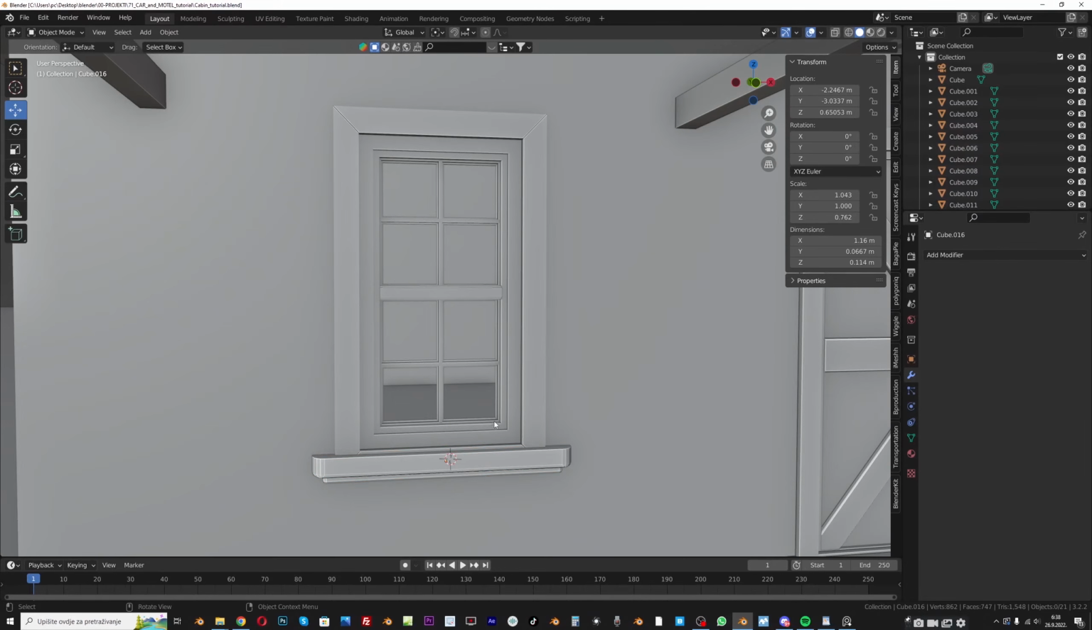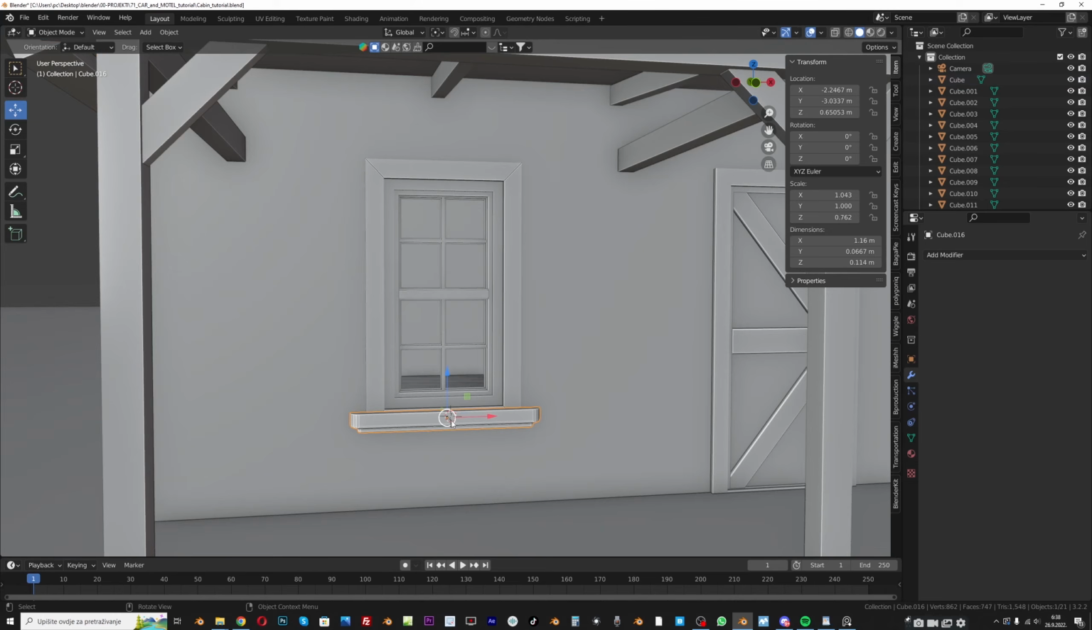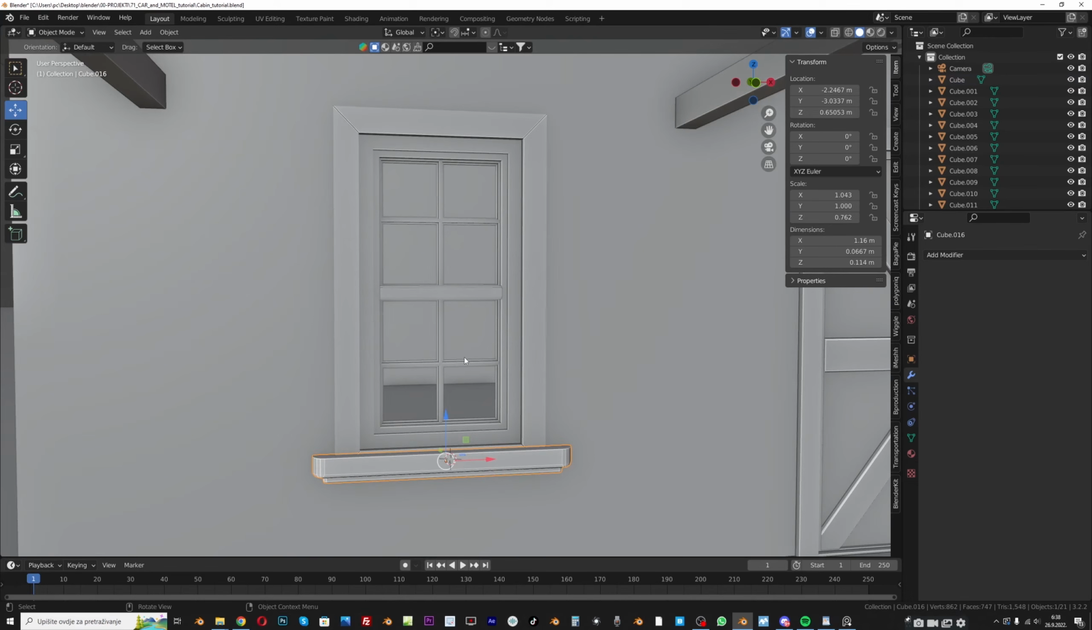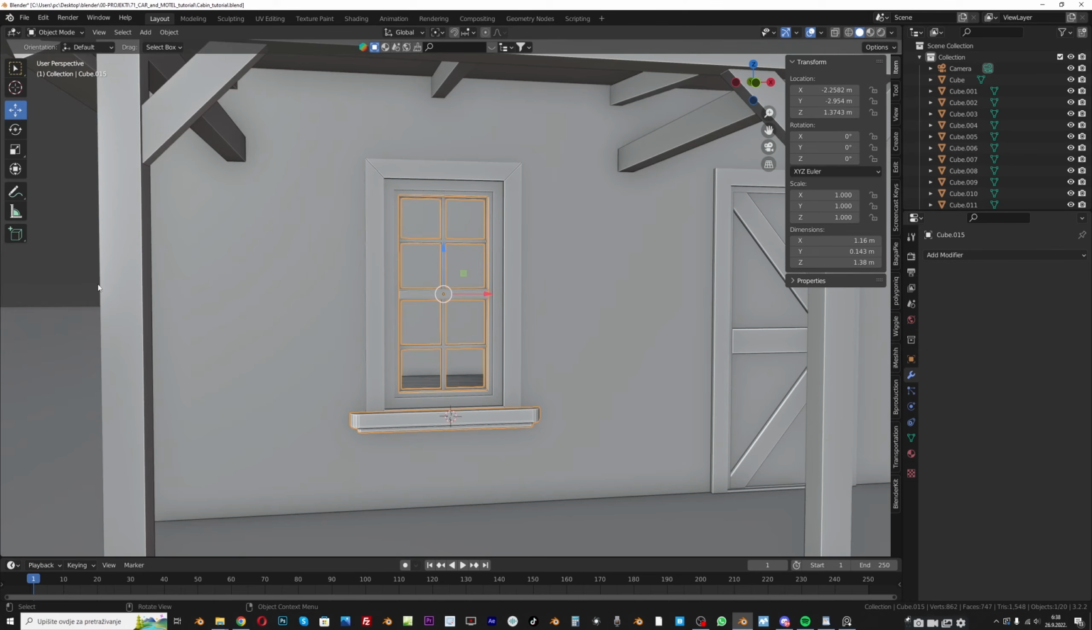Now you can see that this is 3 different objects, and I want to join all this window into one object. So I can select this one and this, and I will go with Ctrl J to join this. So now this is one object, and I also want to separate this